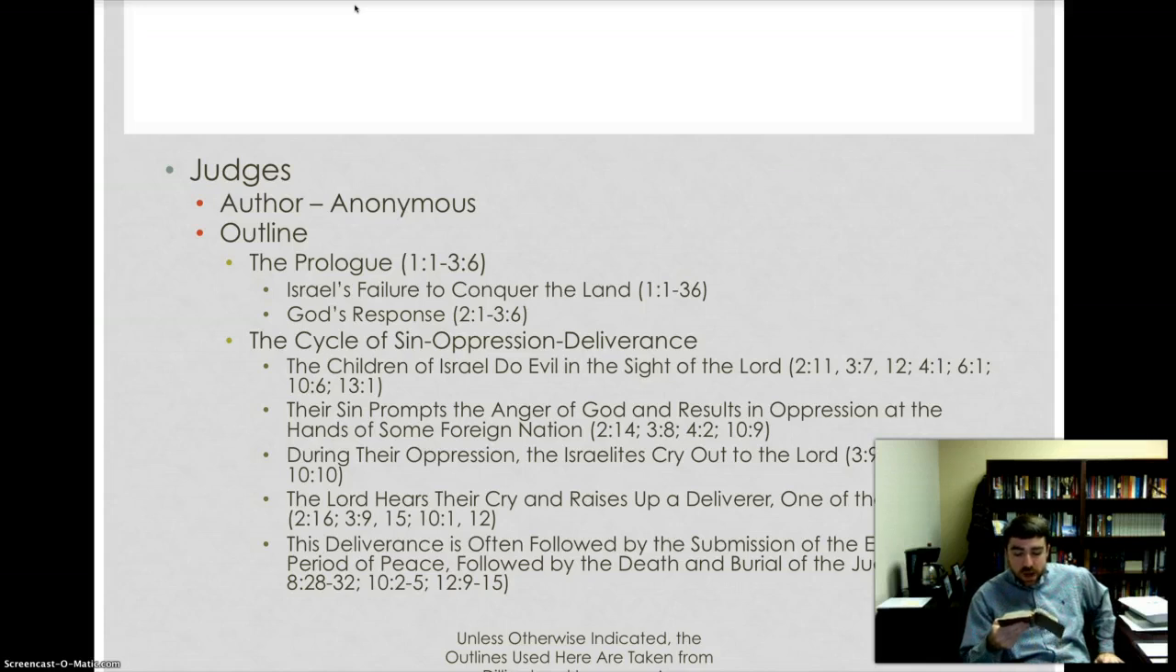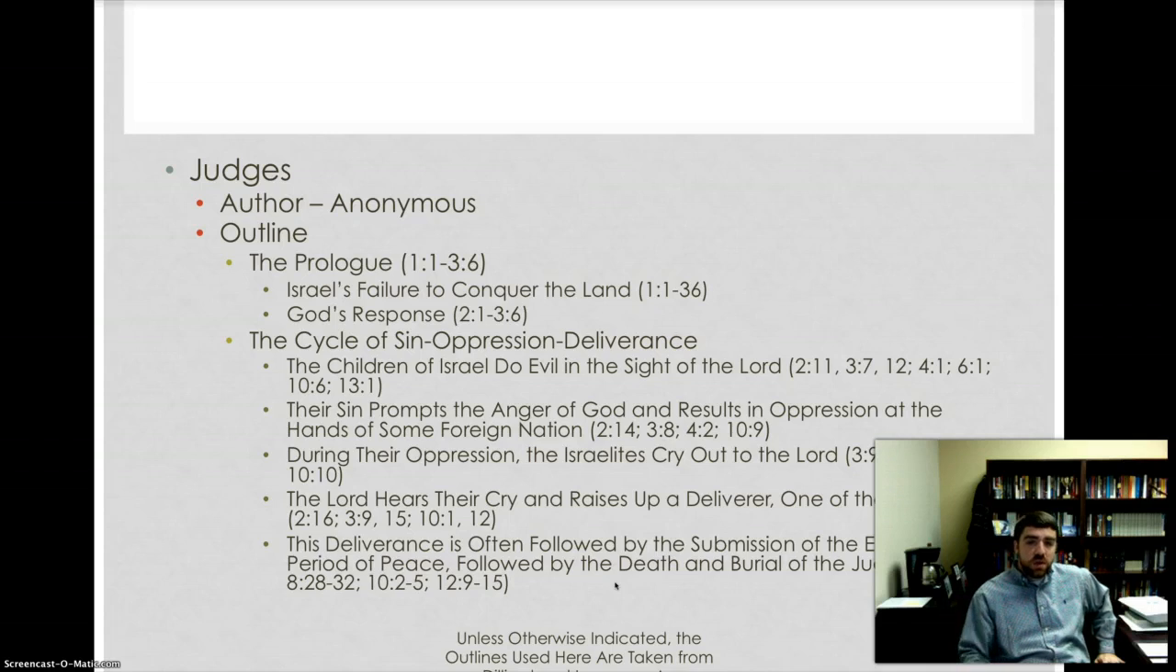And in chapter 2, God responds. He responds to their idolatry by raising up judges. Now, you see here on your slide this cycle of sin, oppression, and deliverance. What happens is that the children of Israel do evil. Because of their sin, God is angry. He sends an oppressor, some foreign nation, to punish Israel for that evil. However, during this oppression, Israel cries out to the Lord, and the Lord hears their cry and raises up a deliverer, also called a judge. And then this deliverer quells the enemy, and we see a period of peace followed by the death and burial